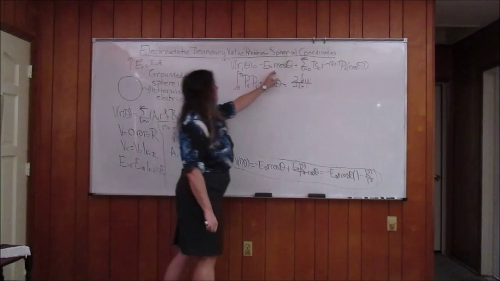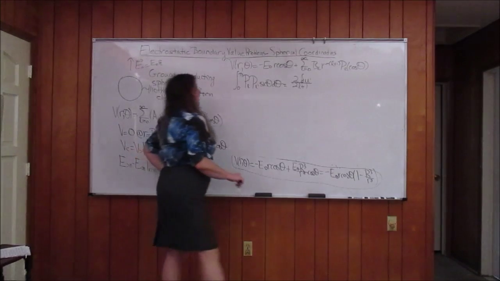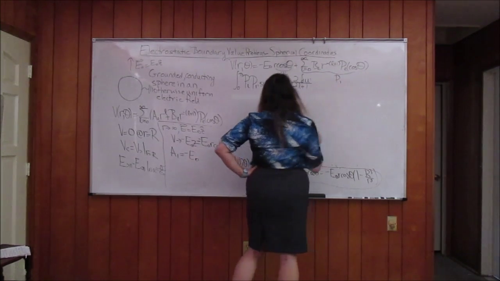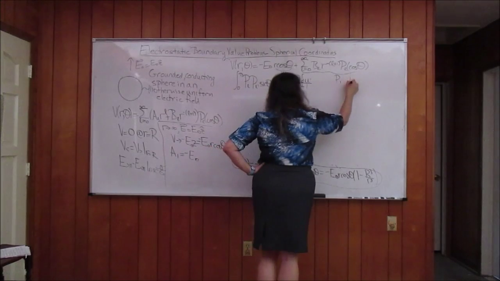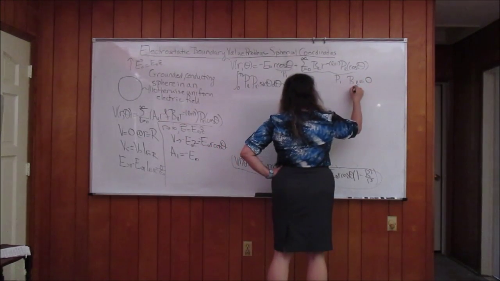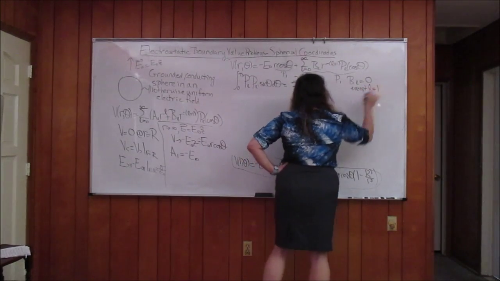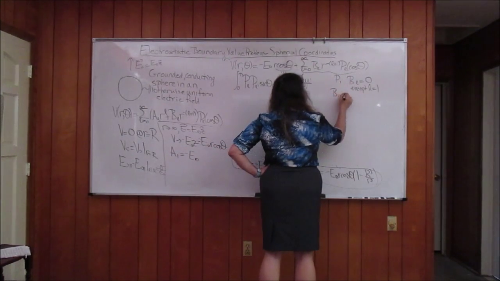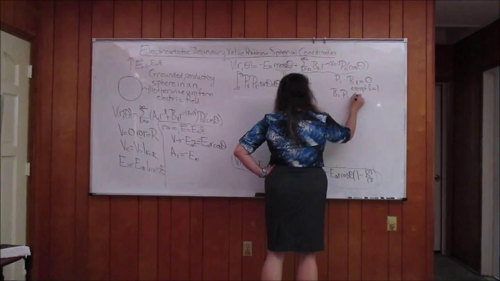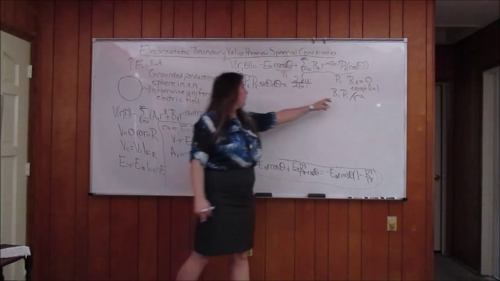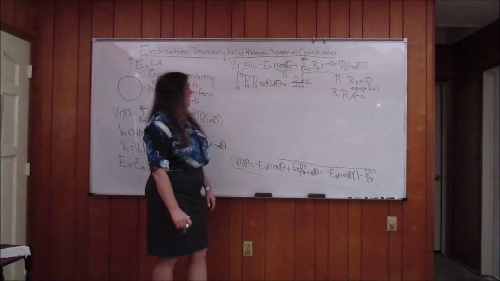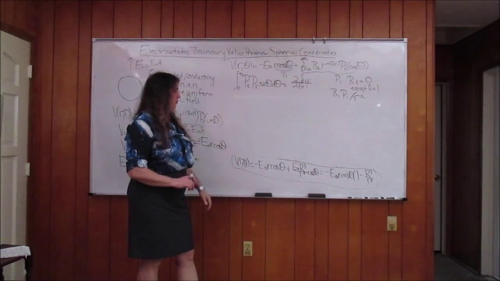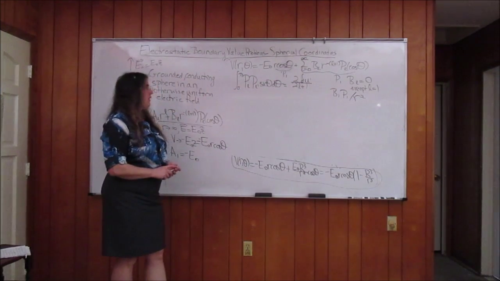And the only way that this can vanish at the surface of the sphere, this is equal to P1, is for all other terms to vanish except the L equals 1 term, in which case the second term just collapses down to B sub 1, P sub 1 over R squared, and then applying the boundary condition that the potential is continuous, you'll wind up with exactly the same solution. This is much faster if you